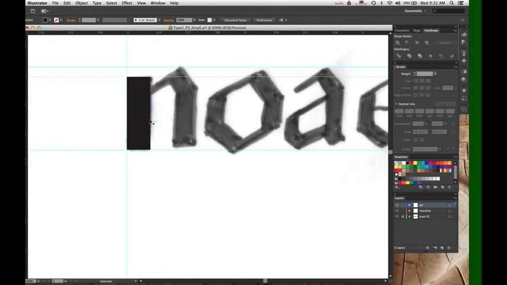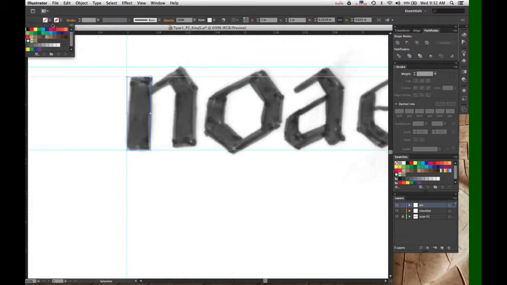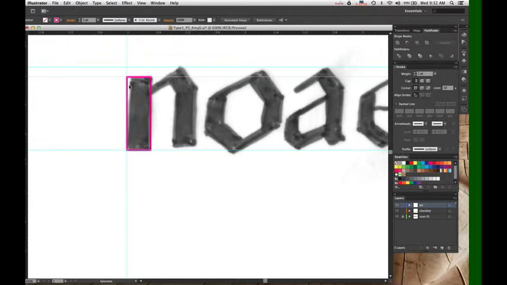What I like to do when I am drawing in Illustrator over a placed scan, I like to give myself no fill and a magenta stroke. So this way I can see the outline of what I'm drawing, and I can see the background through it. Okay.